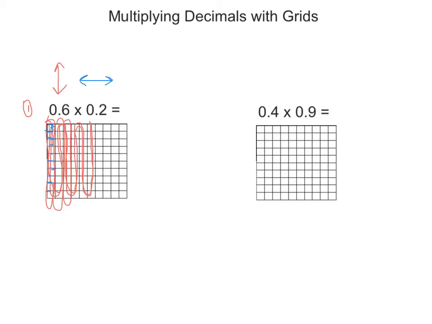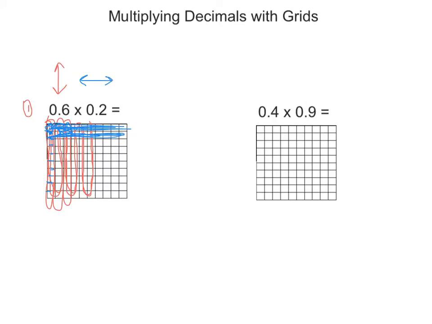So I'm going to take 2 from the first column, 2 from the second, the third, and basically a faster and more efficient way of doing this is I can just shade 2 rows of 10